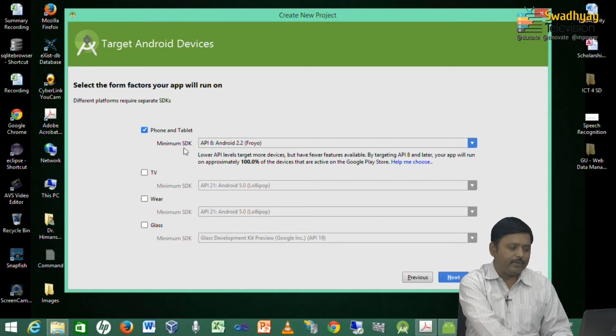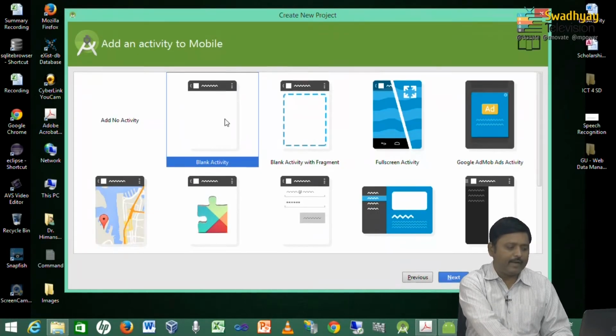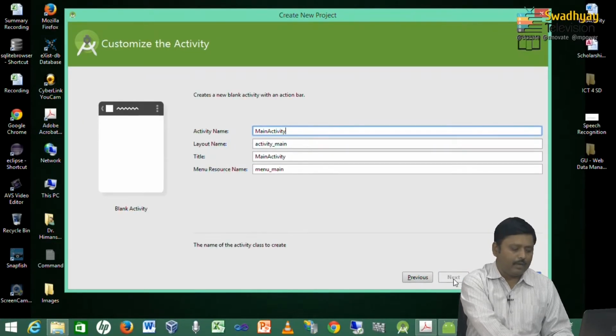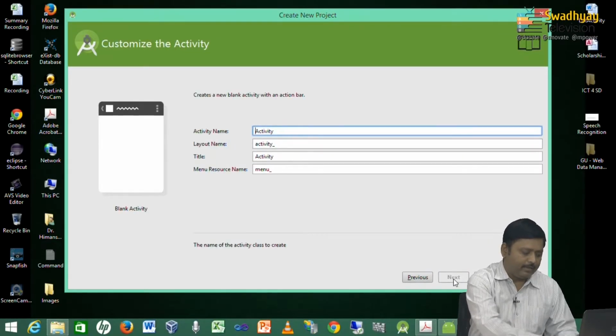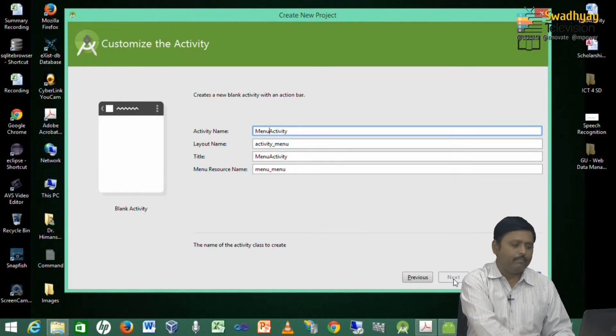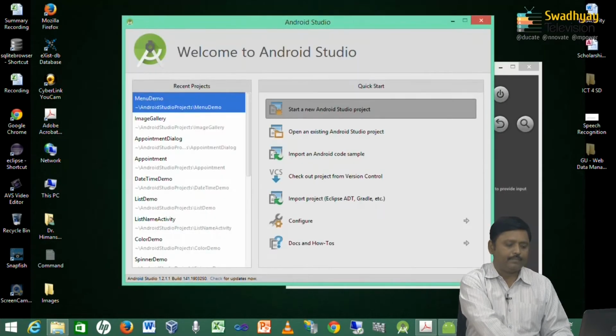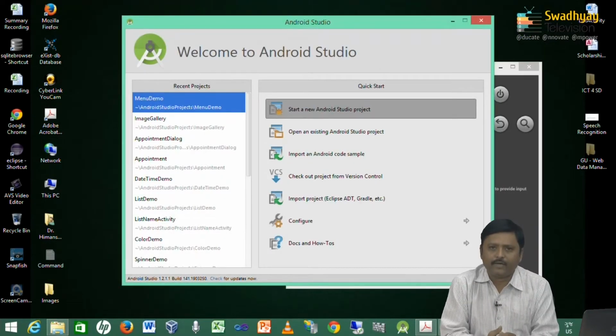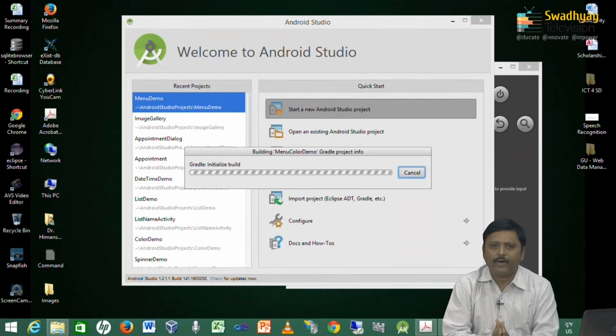Here we specify the minimum SDK and we are going to develop the application for phone and tablet, then we press next. Here we select blank activity and then press next. Here we change our activity name to menu activity and then press finish. Now, it will create one project with the specification provided by us.